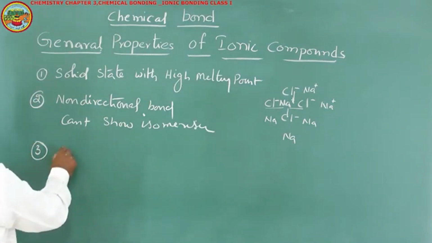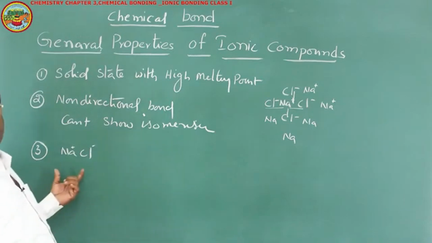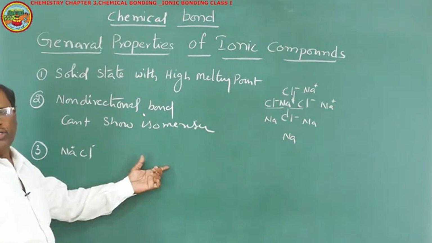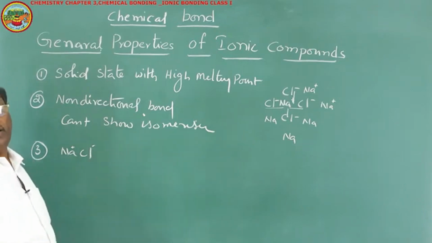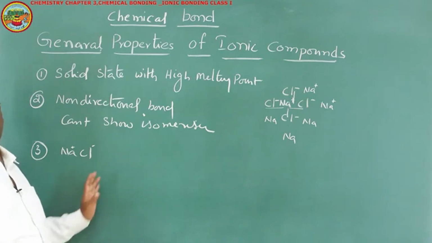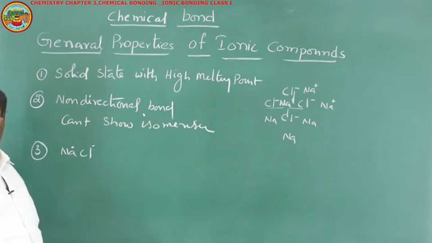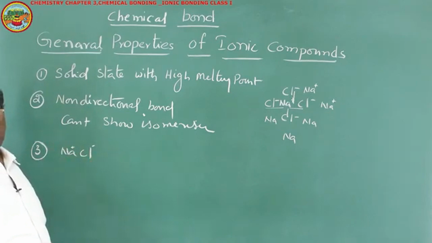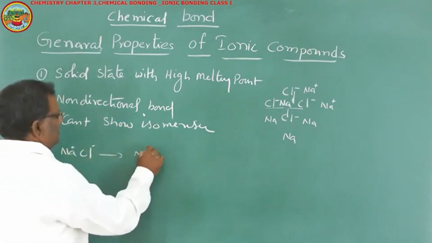For example, if we take NaCl, there is a strong electrostatic force of attraction between sodium and chlorine. To convert it into liquid state, you have to heat it to nearly 900 degrees centigrade, then only it will melt and convert into a molten state or liquid state. But the same NaCl, if you dissolve in water, at room temperature itself, it ionizes to give Na+ and